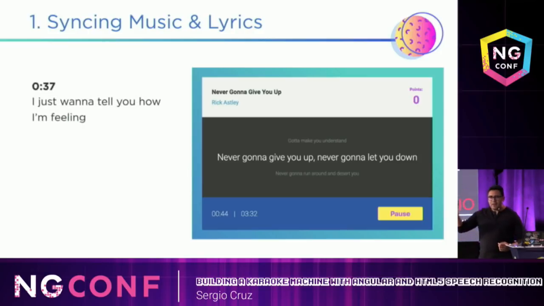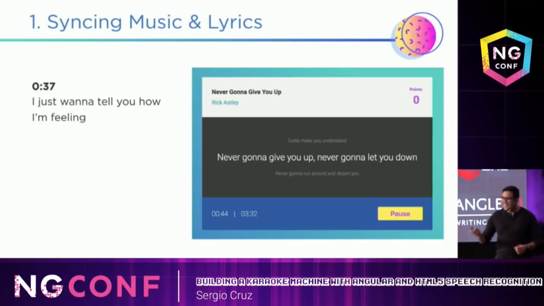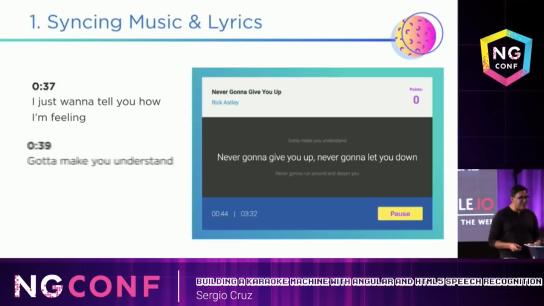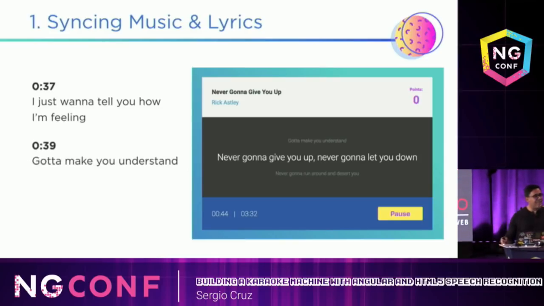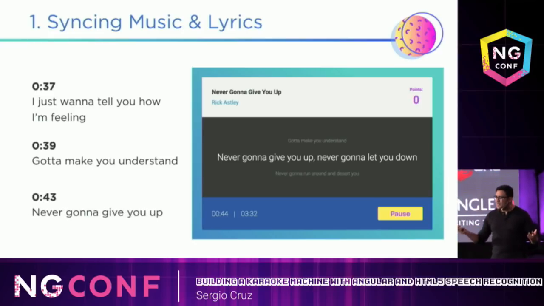When the right time comes up, the next line is supposed to be displayed, right? So in our case here, at second 37, the line "I just want to tell you how I'm feeling" comes up. And then at 39, "gotta make you understand", "never gonna give you up" comes up at